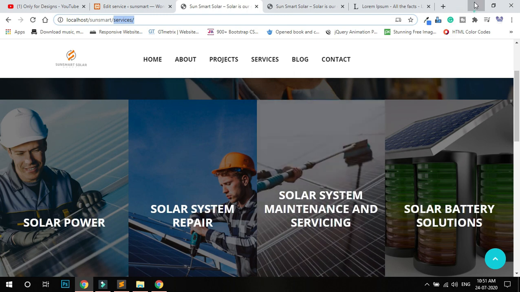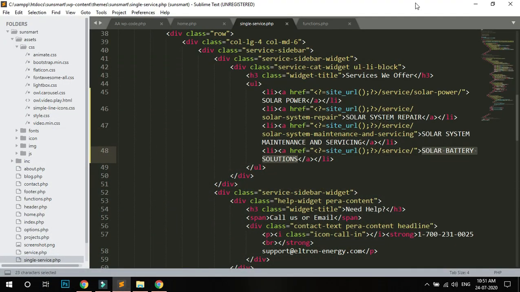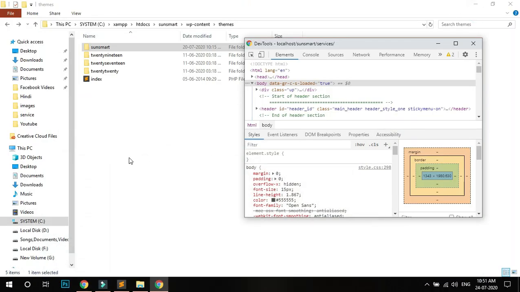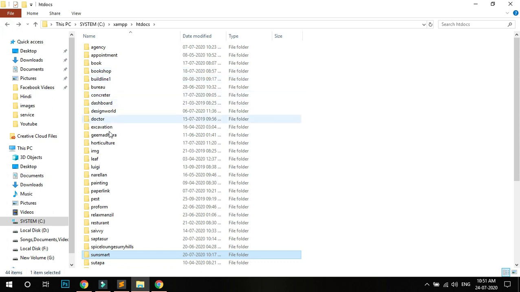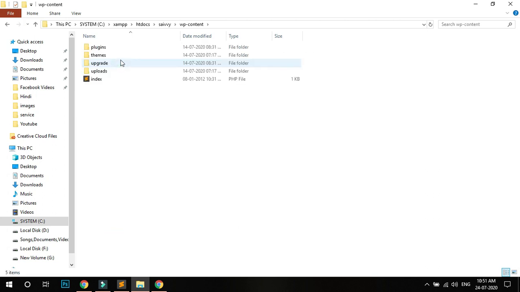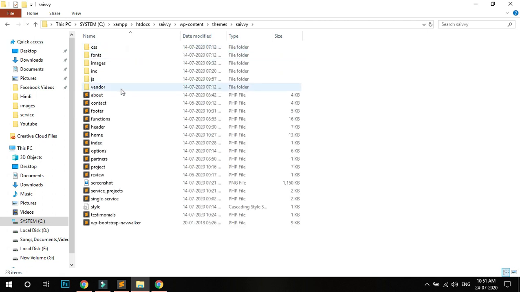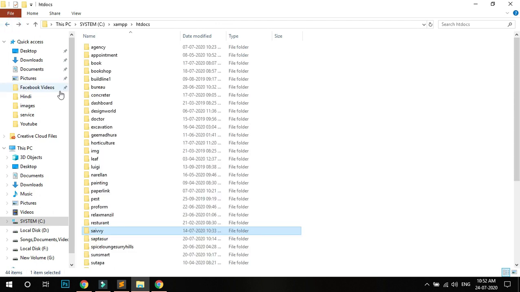How do I create this? I just create an archive page. So I need an archive page, so I copy the archive page from another site. I need the archive, where do I get the archive?